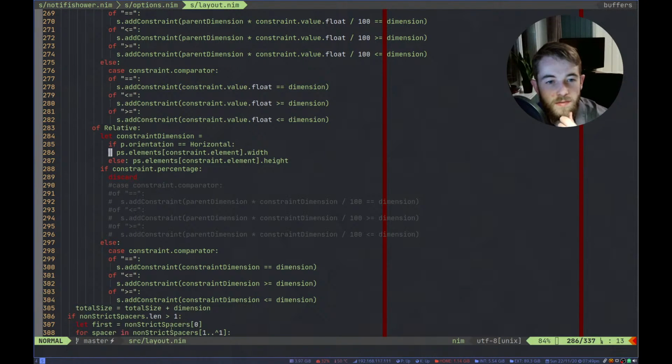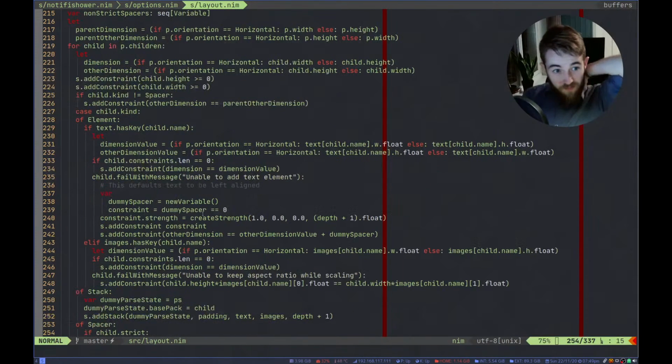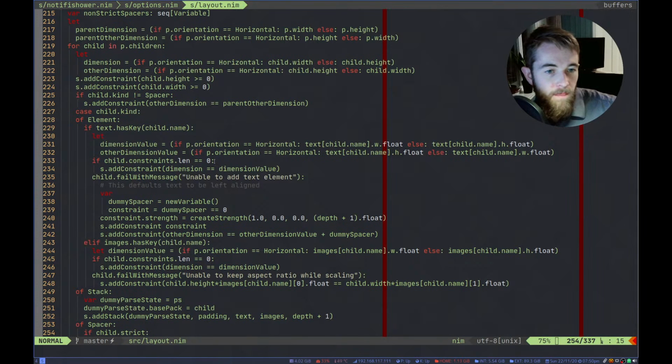That is actually a bit weird, because an element with text should have its dimension equal to the dimension value, which is either width or height, and that is a 100% set constraint, only if constraints are 0, but they are in this case.